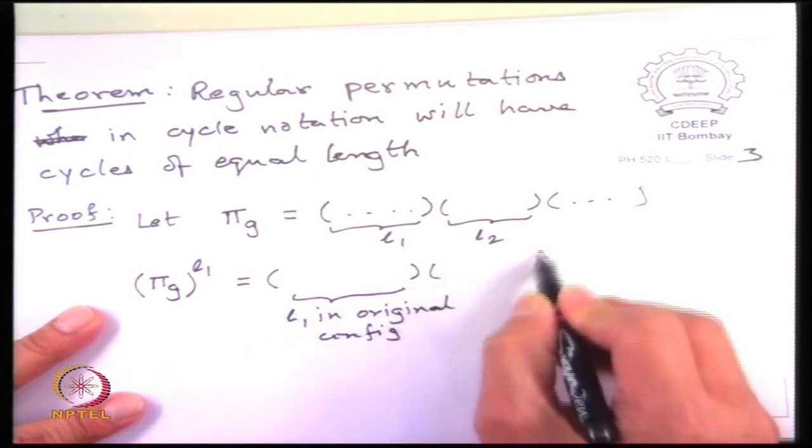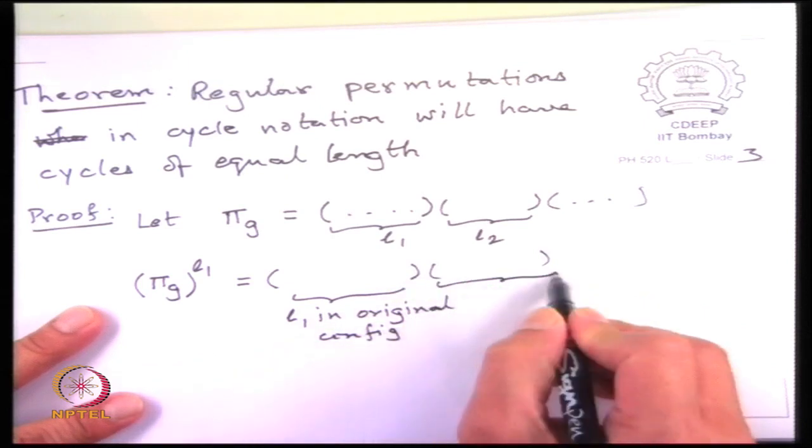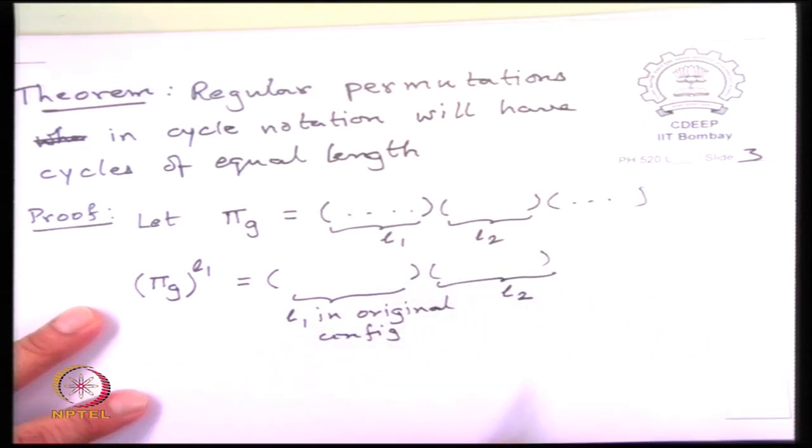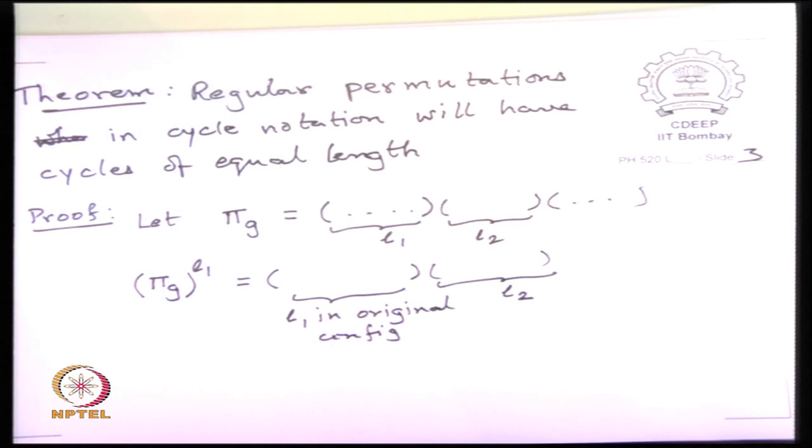But what happens to the others? If L2 is an incompatible number or a larger number, so if L1 is 8 and L2 is 4, well you are lucky because it will also have cycled through enough times. But if L2 is 5 or is 59, then after doing power L1, L2 is not going to return to